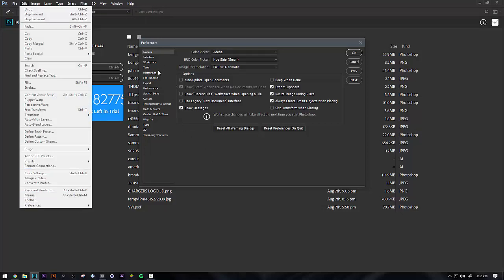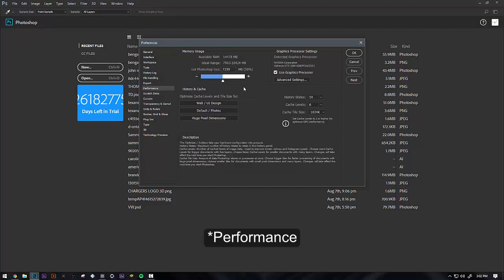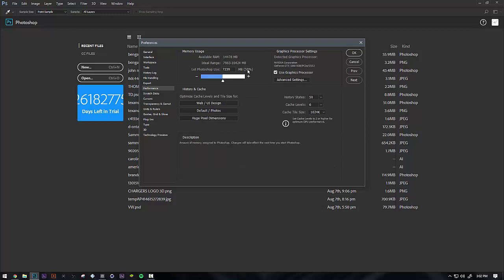Go down to Preference, and what you guys want to make sure is that you only use at least half of what your RAM is. So depending on how much RAM you have, you want to use half of it. So I usually do 50%, and under history and cache, typically I run huge pixel dimensions, even if I'm not using